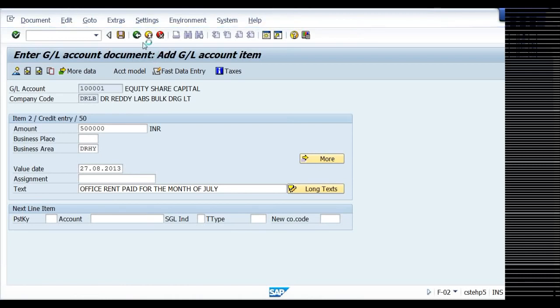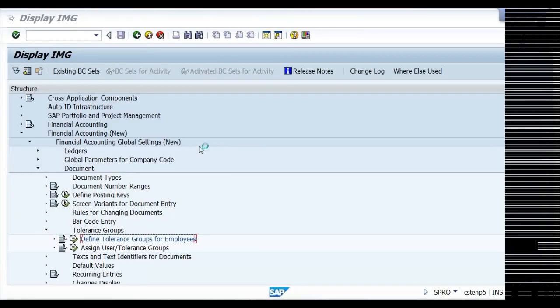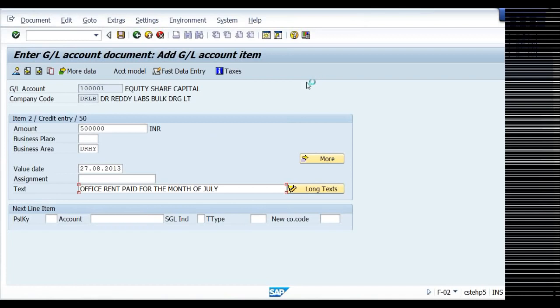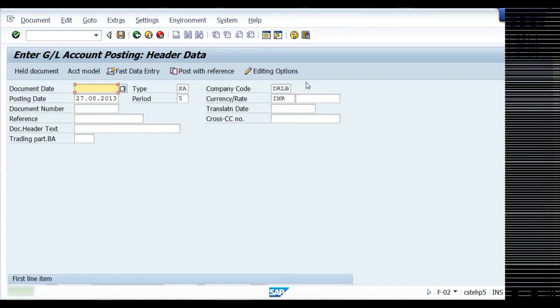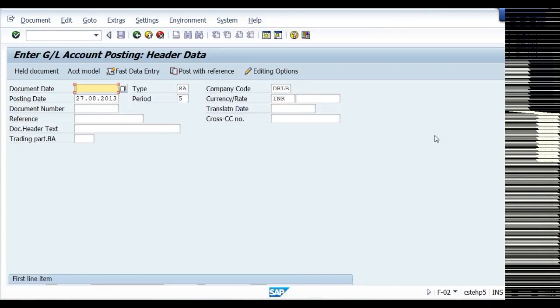Next check. I want to show you how posting period variant works. Document number 6 was posted. So this is in Dr. Reddy Labs bulk drugs.